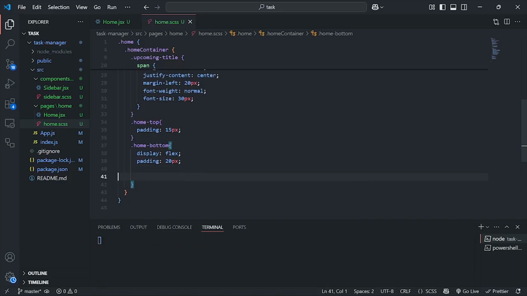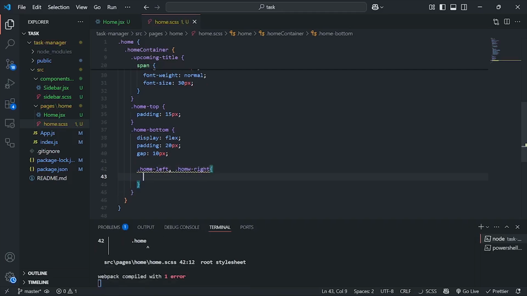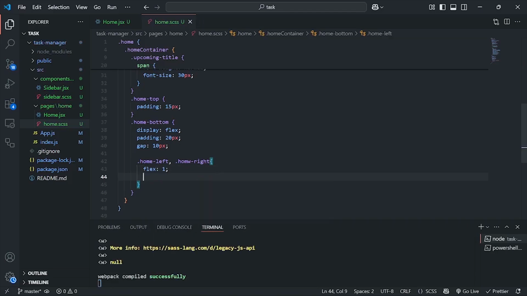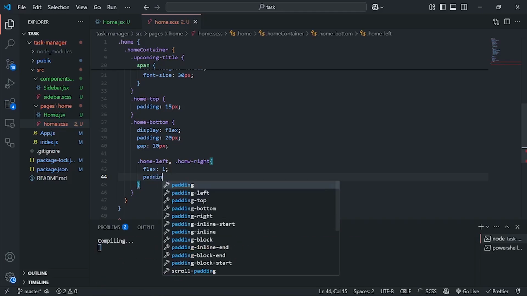Then the gap, we have 2 divs inside this home bottom, so let's give them a gap of about 10 pixels. Then what else should we do? Now let's get the home left and home right. So the .home-left, comma, .home-right. Inside this we are going to have flex to be 1, and also we are going to give a padding of about 15 pixels,